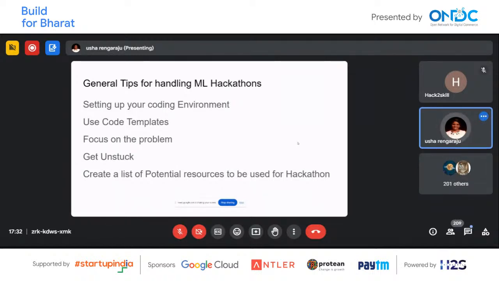Figure that environment out. And many times, when there are short time constraints, you can opt for GitHub Copilot, or AWS, or many other products that have a pair programming scheme. You can make use of these pair programming schemes to speed up your process. Most of the time you get code templates, so you don't have to build everything from scratch. Making use of these pair programming engines and code templates can speed up your productivity by more than 60 to 70%. Almost 60 to 70% of what you have to do is already given by these code templates. So make the best use of all of it.